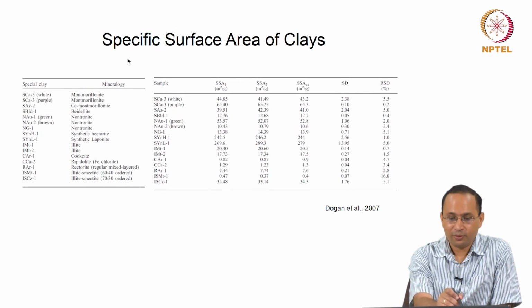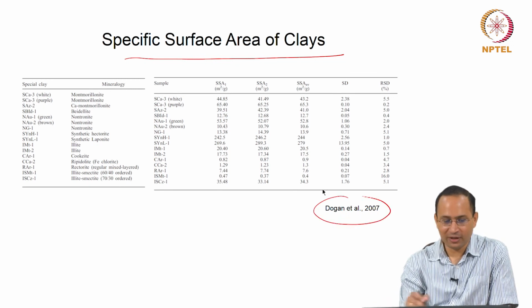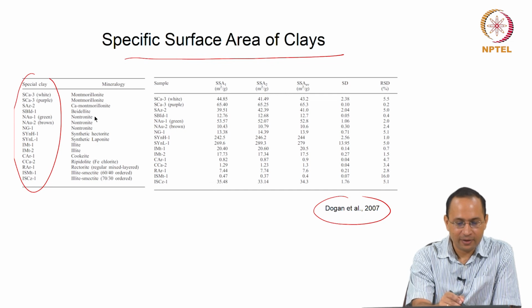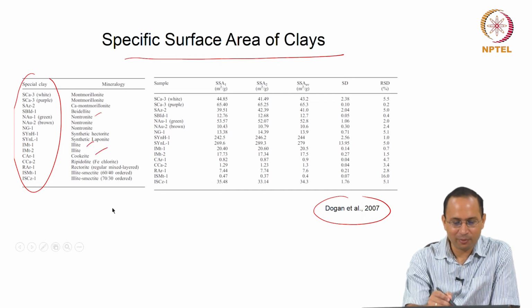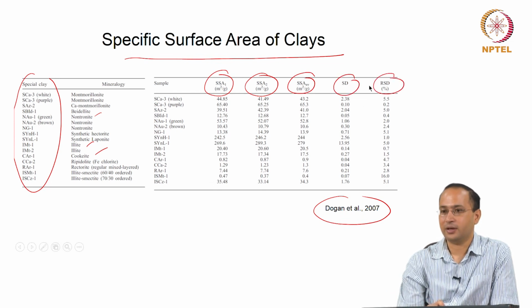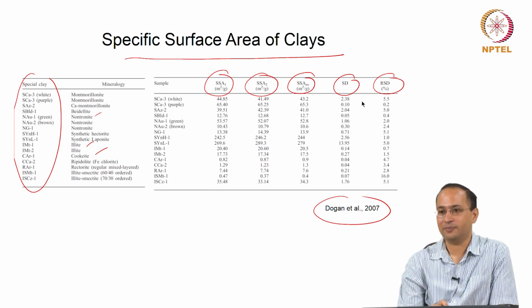Okay. Also, we can use the nitrogen adsorption test to determine specific surface area of clays, right. Here in this paper again a very detailed study was done on different types of clays. See here, montmorillonite clay, illite, different types of clays, right. Mineralogy is given and you can determine specific surface areas, and you get very reasonable values, right, with very low standard deviation. So, the idea is this can also be used to study clays.